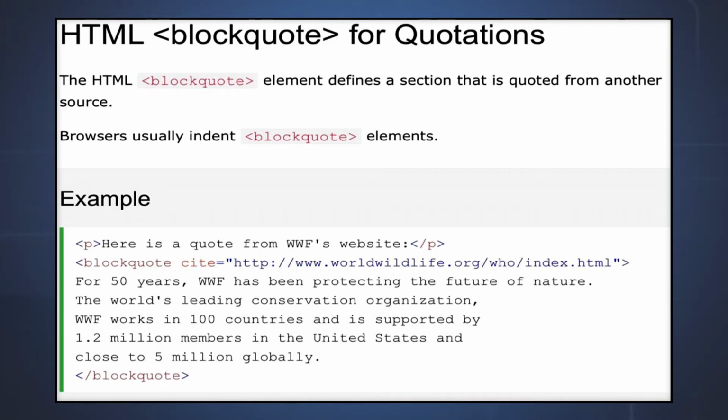So, blockquote space cite. Cite is an attribute of blockquote. CITE equal to, in double quotations we give the URL. Basically we are citing it, and then we write the description of what should be in the blockquote, and then we complete the blockquote by putting its ending tag. So everything starts with the P and ends with the P, and once the blockquote starts, we indicate it with the blockquote tag and end with the blockquote tag.